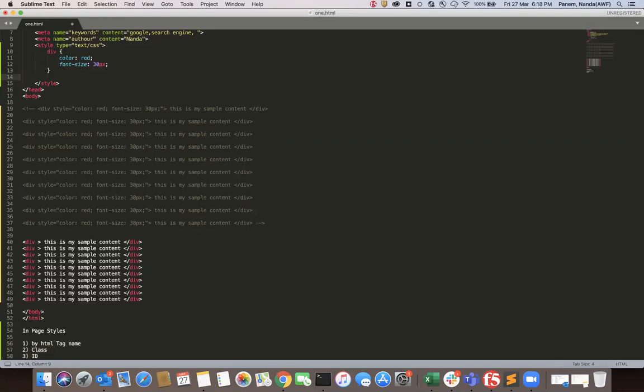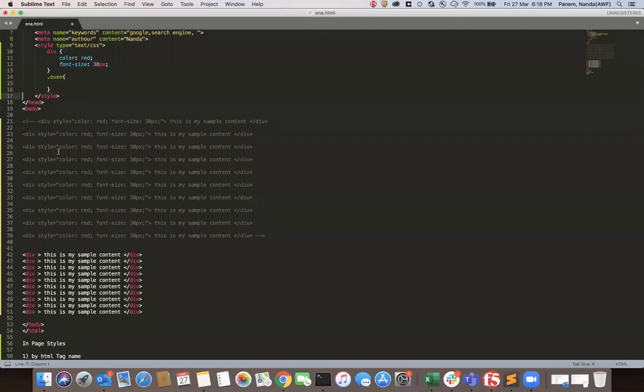To write a class in CSS, we need to use the dot symbol, and then we need to write the class name. What class we need to apply for it, I'm going to apply even. And then I'm going to create one more class called odd.